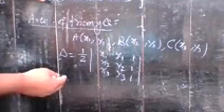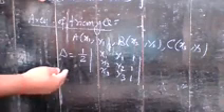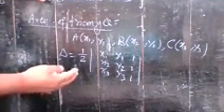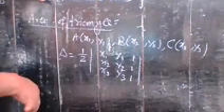Now, sometimes the questions are like proving that the given points are collinear. You know, if the area of the triangle is 0, the given points are collinear. So if you want to prove that the given 3 points are collinear, you find the area of the triangle. If its value is 0, then you can say the given points are collinear. There is an important formula here. Sometimes 1 or 2 marks questions are asked from this topic.